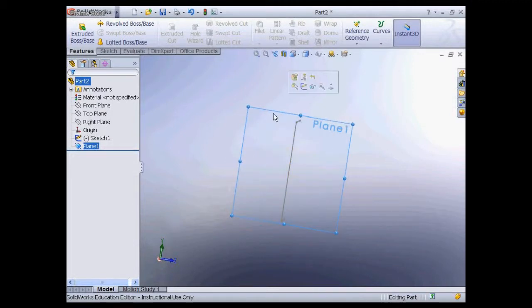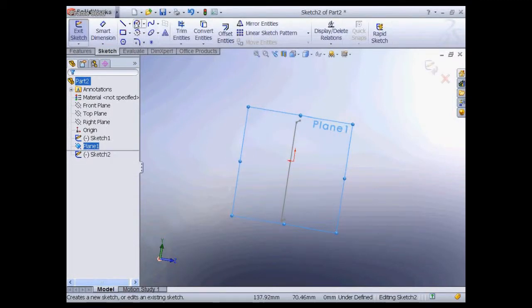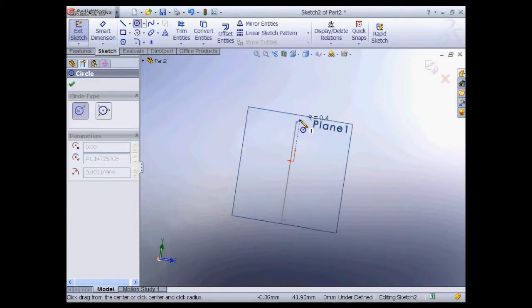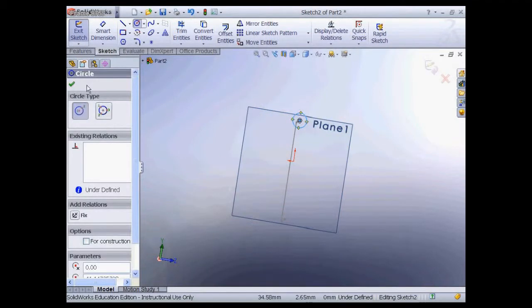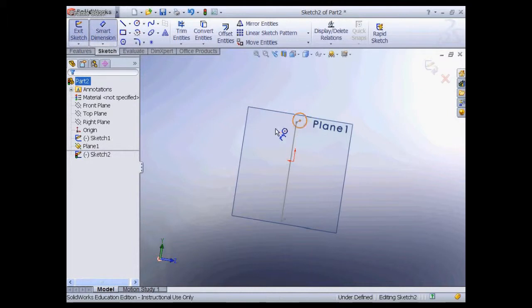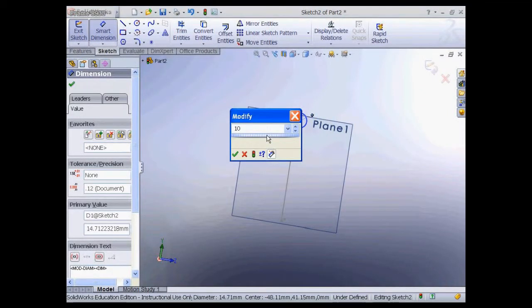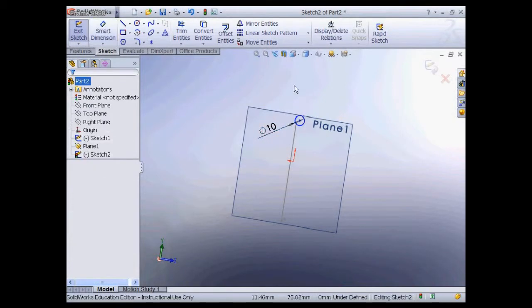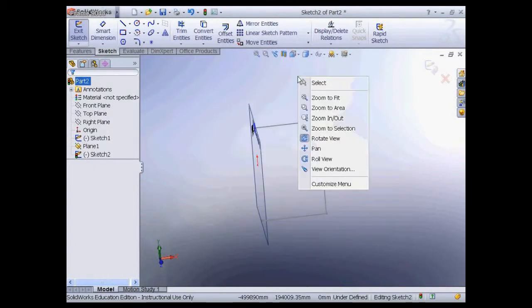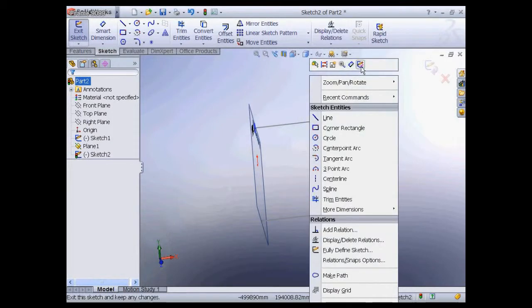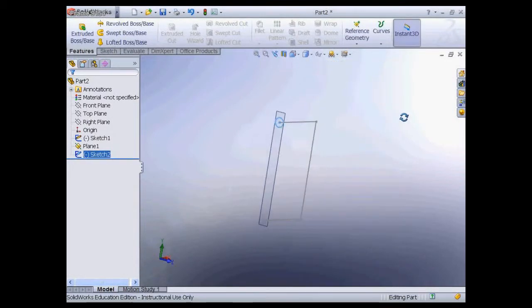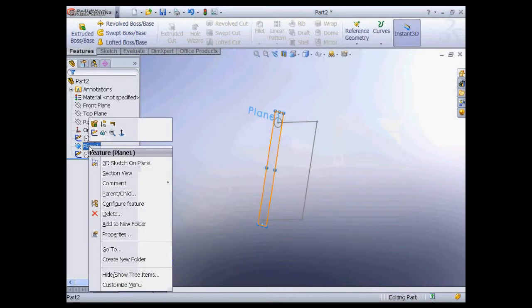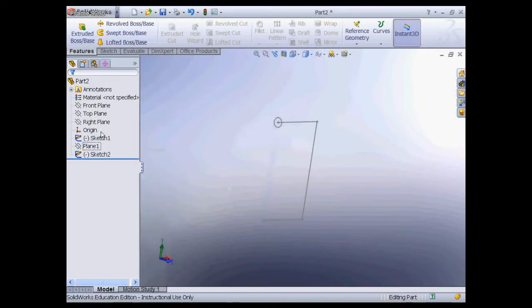and then just click, and then we can insert another sketch here, right click, another sketch for the circle. Because I want to draw a circle here, the circle we can make the smart dimension very easily. You just make it 10, and then right click to exit the sketch, and then you can see that one, the work plane. You can hide the work plane here